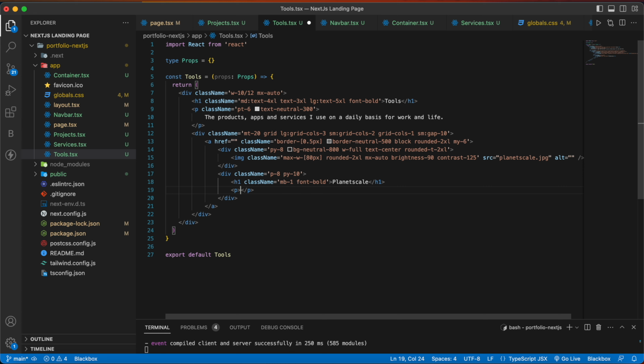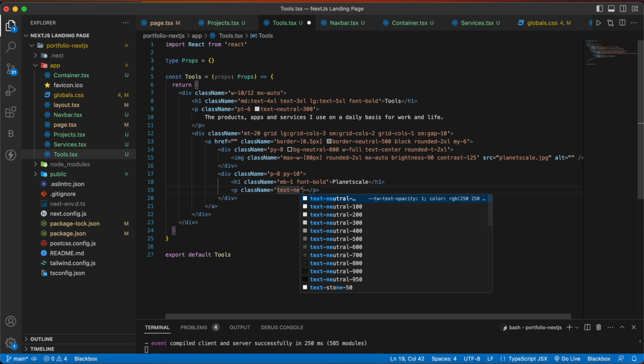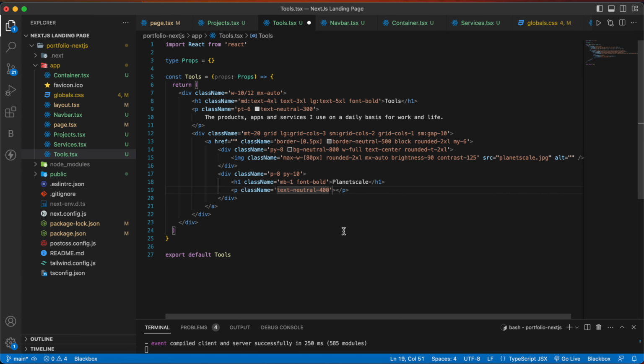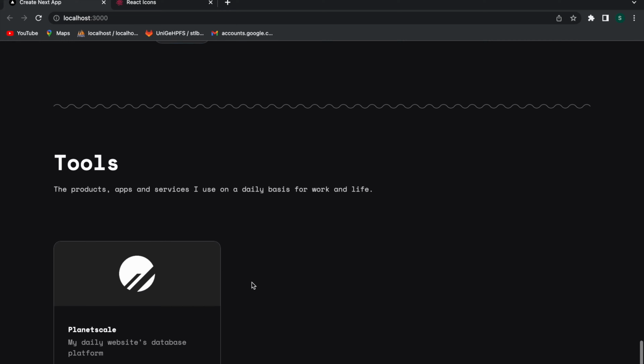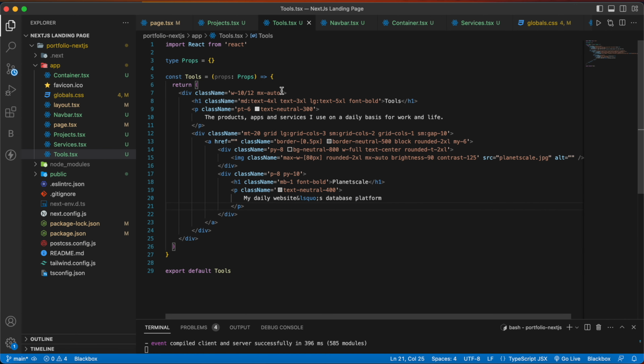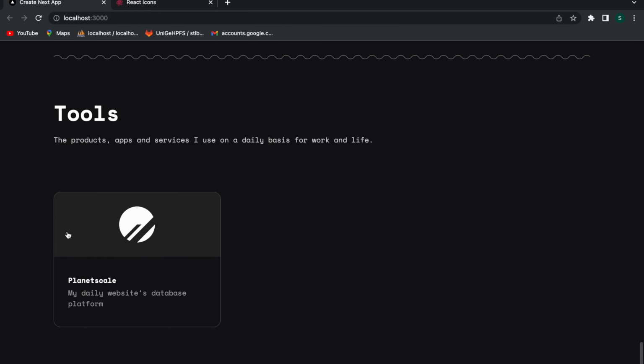Below that we are going to have a p tag with the class name text-neutral-400, and inside the p tag we are going to write this text. Let's save it and go back here. Let me give some margin bottom, and you can see our one card is here.